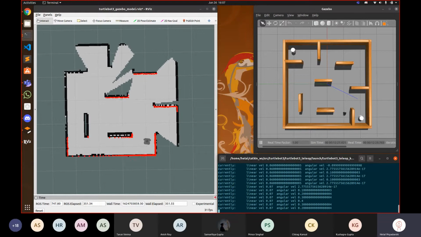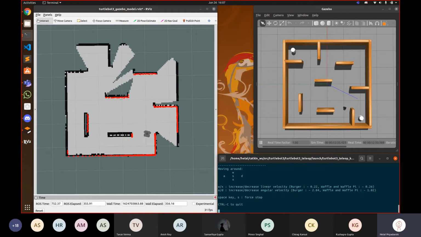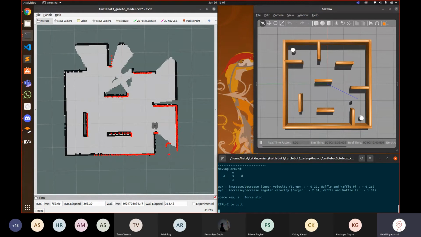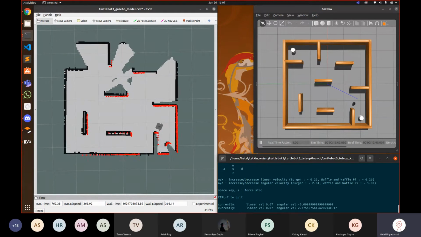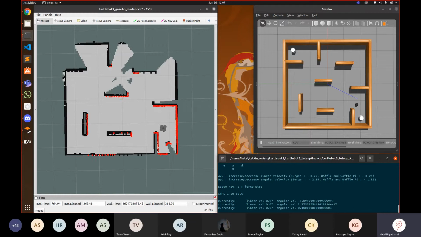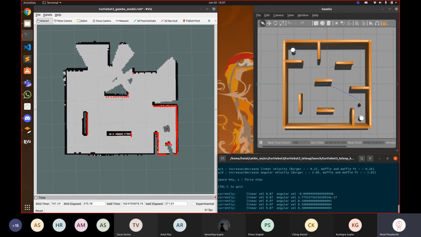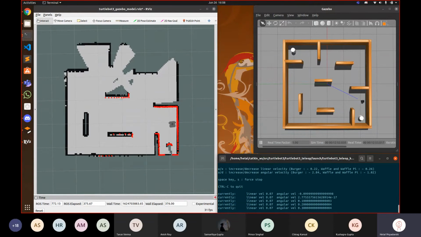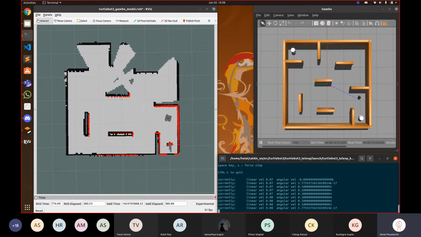So what Hetal meant to say is that if you are doing it too fast in the real world, the tires may skid. The motion is a slipping motion. The robot can only measure how much the wheels are rotating, so it will say that fewer rotations have been done. The robot may have actually moved more than 0.1 meters because of slipping. That's why in real life, mapping and everything is done very slowly, very patiently.